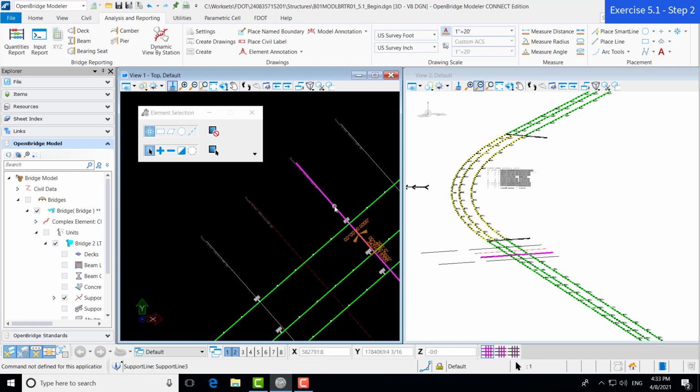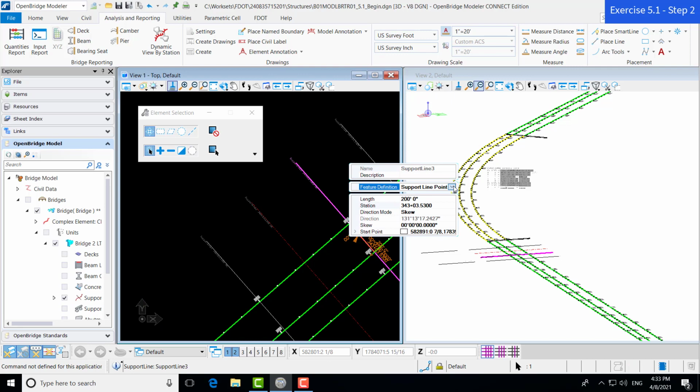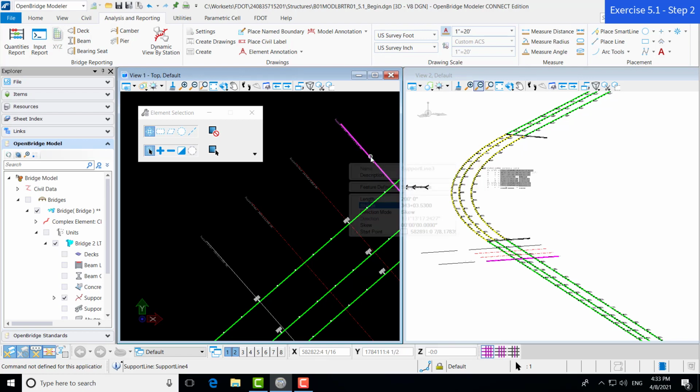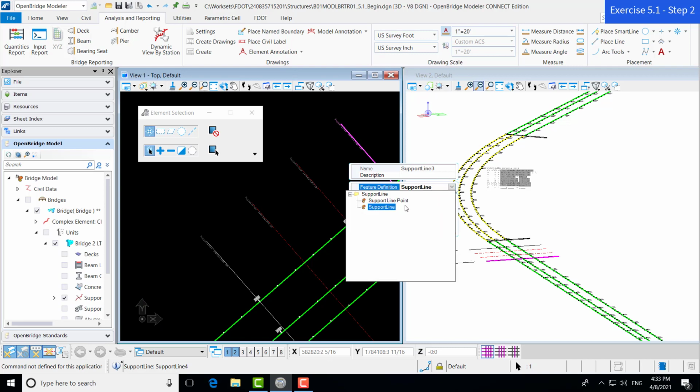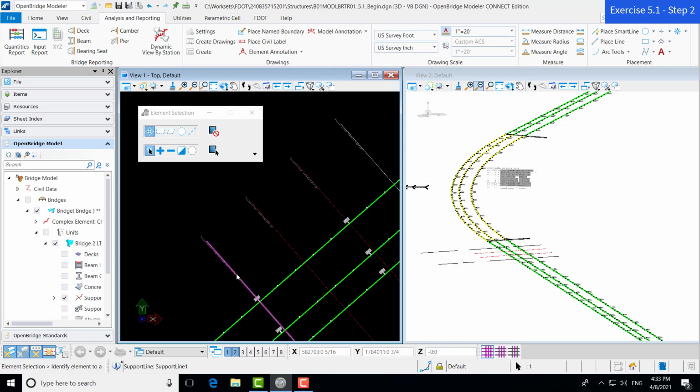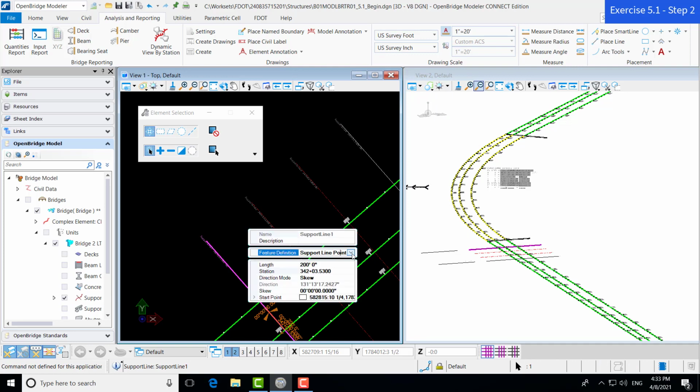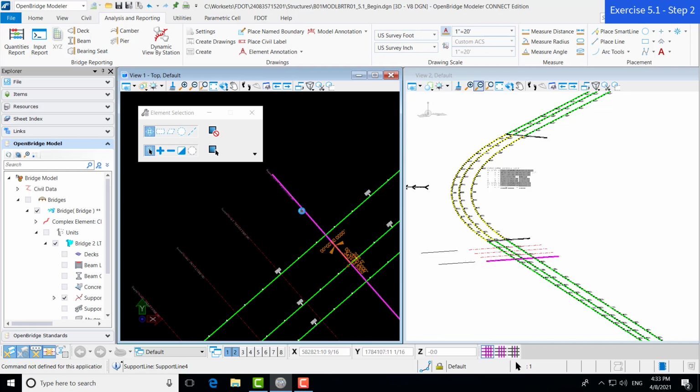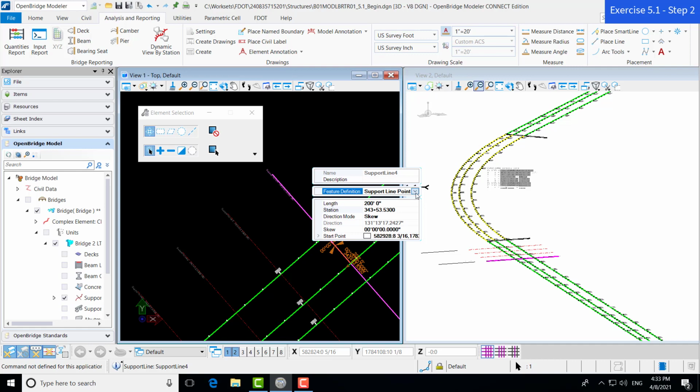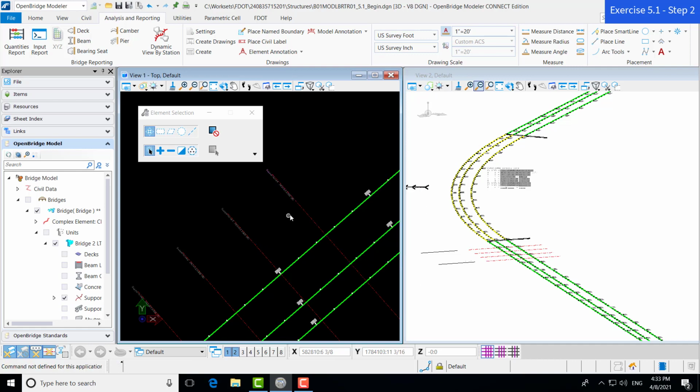In this particular case, I'm going to have to do the exact same thing for each line. Typically for elements, we can do this wholesale, but in this particular situation, we're going to come through and change these all manually. Looks like this one didn't take. Let's try that again. And now they are all set with the correct feature definition and levels.